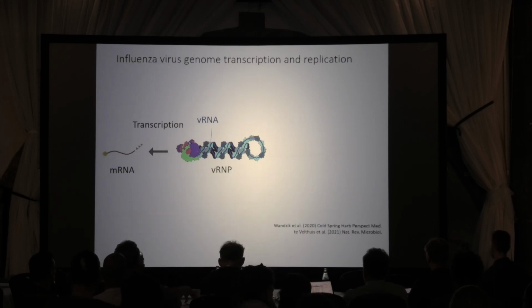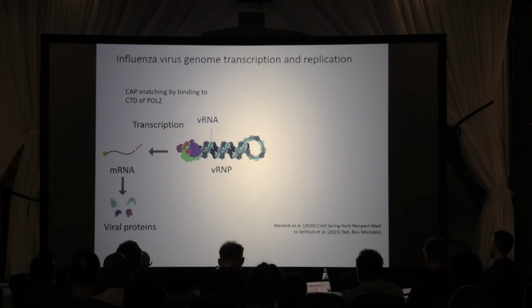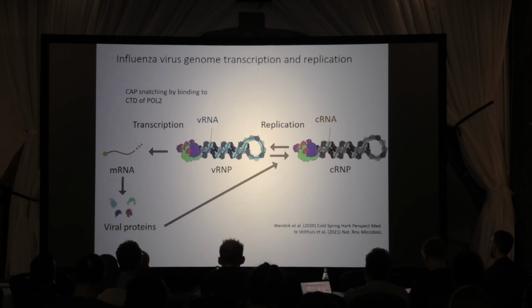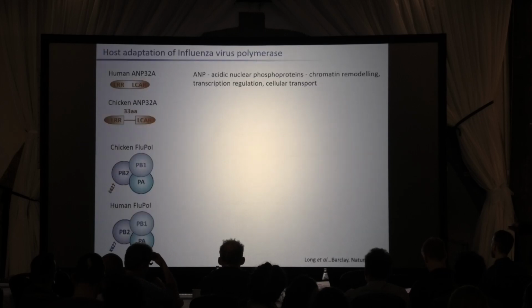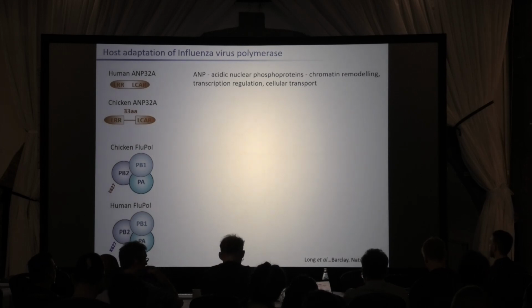So, to just reiterate, this polymerase has to transcribe, and how it does that is to bind to the CTD of Pol II. This messenger RNA produces viral proteins. These are imported in, and these are used during the replication process. So I'm now going to focus on what we've learned about that replication process. So a few years ago,